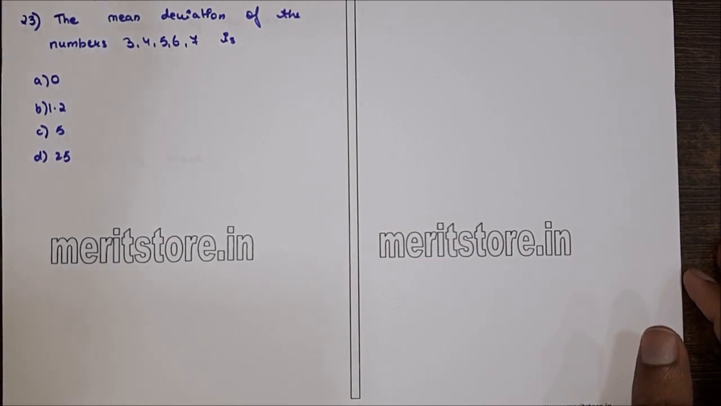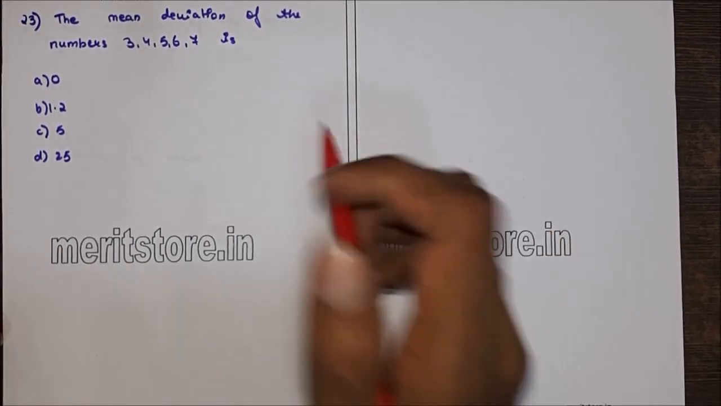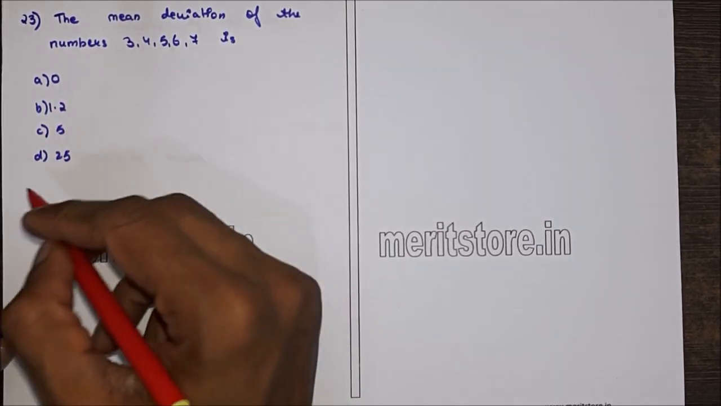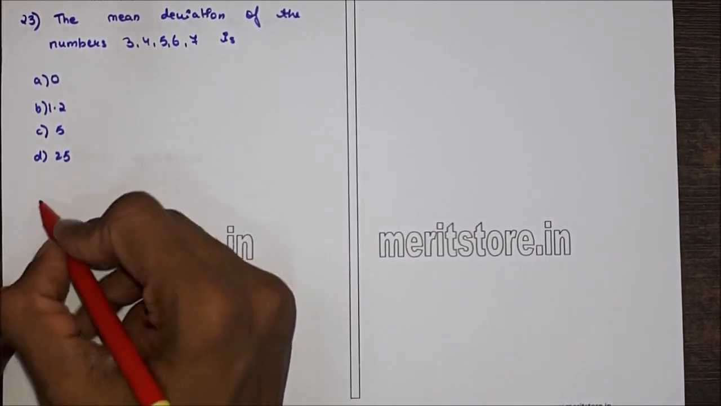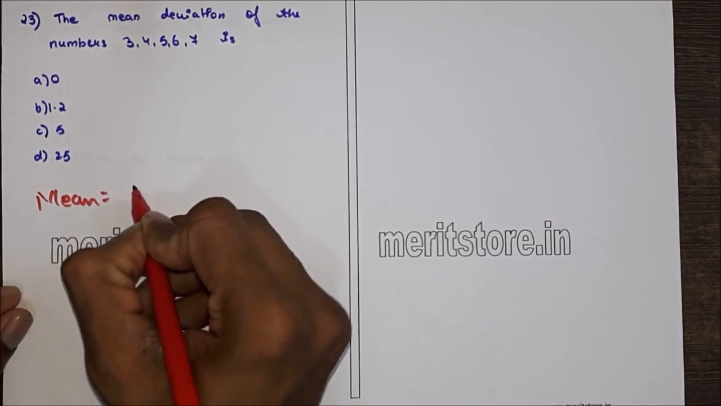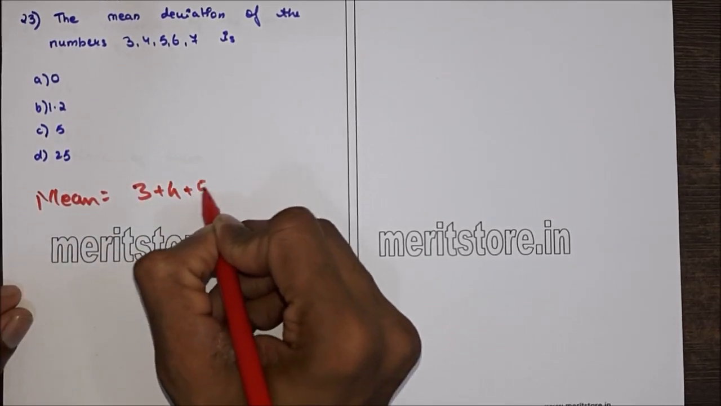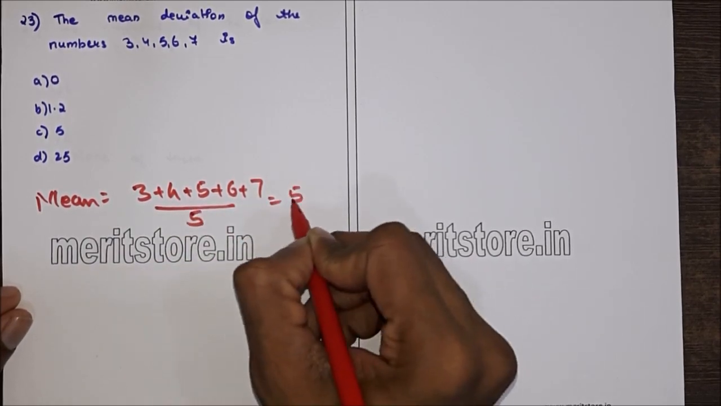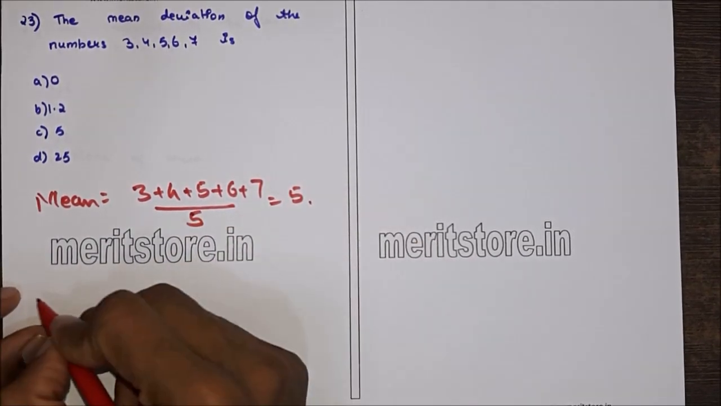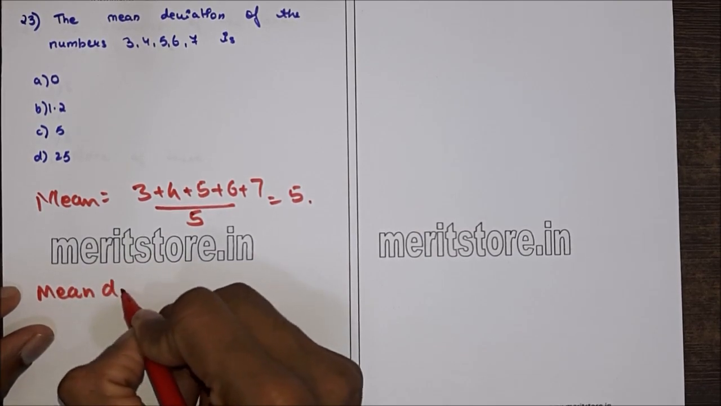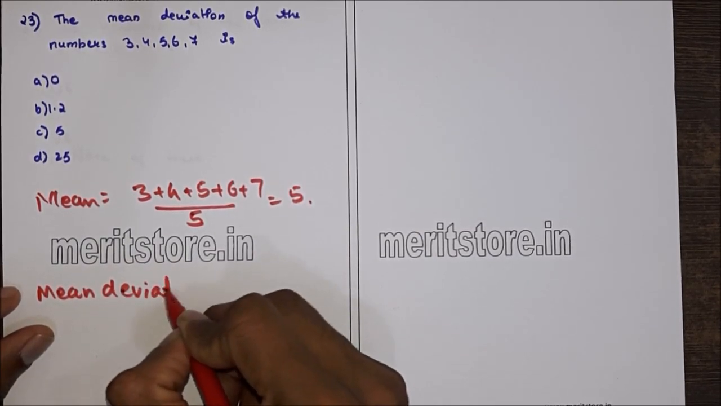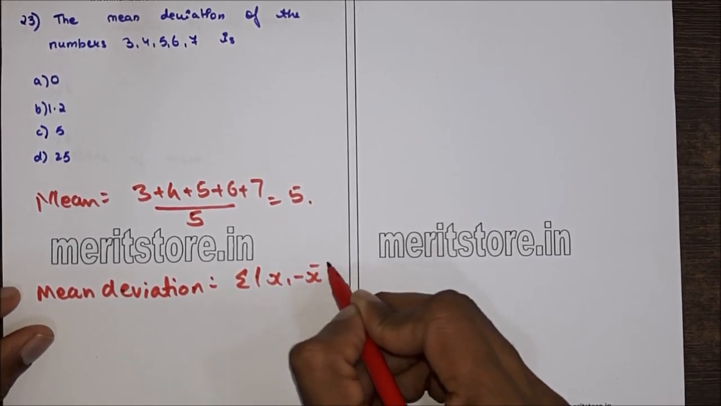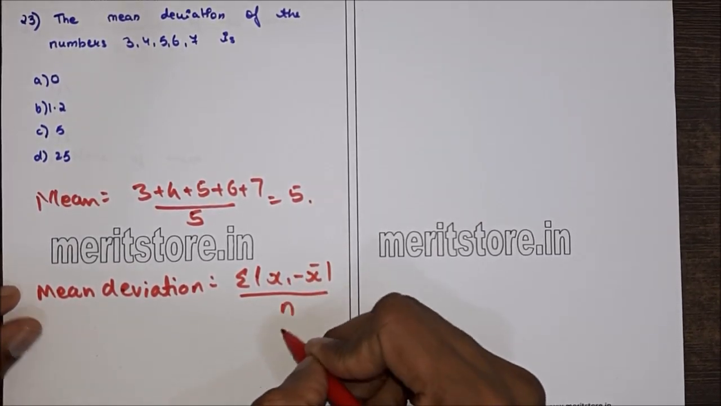Question 23. The mean deviation of the numbers 3, 4, 5, 6, 7 is, we have 4 options: A 0, B 1.2, C 5, D 25. So the mean is given as 3 plus 4 plus 5 plus 6 plus 7 upon 5, which is equal to 5. So the mean deviation